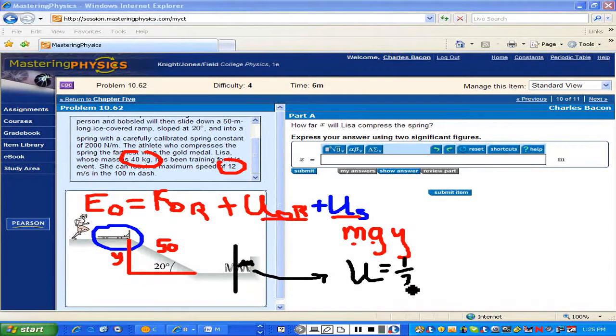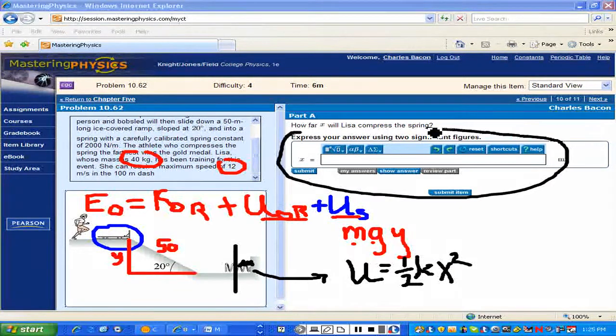Calculation of potential energy is 1/2 K x squared. And that's what we're looking for. The problem up here says find x. Find x. Okay? So down here at the bottom, with the sled and the runner momentarily stopped against the spring,